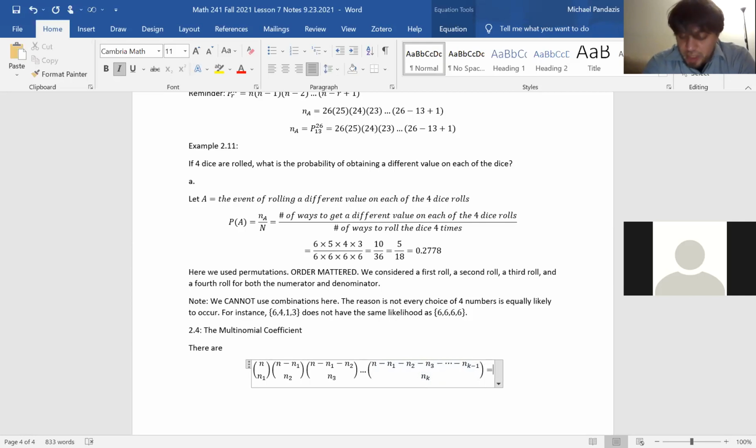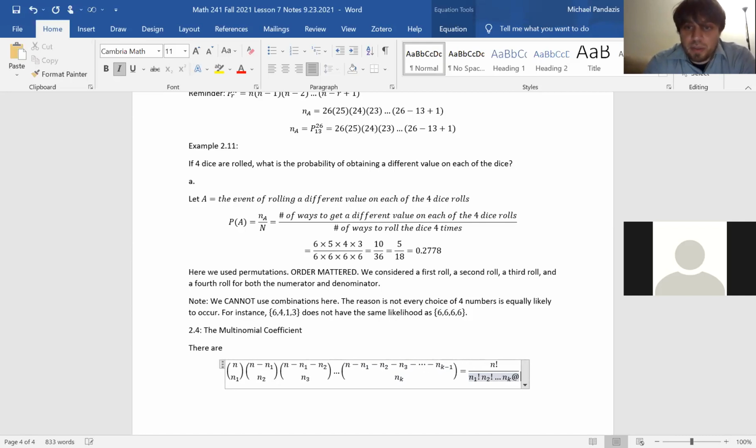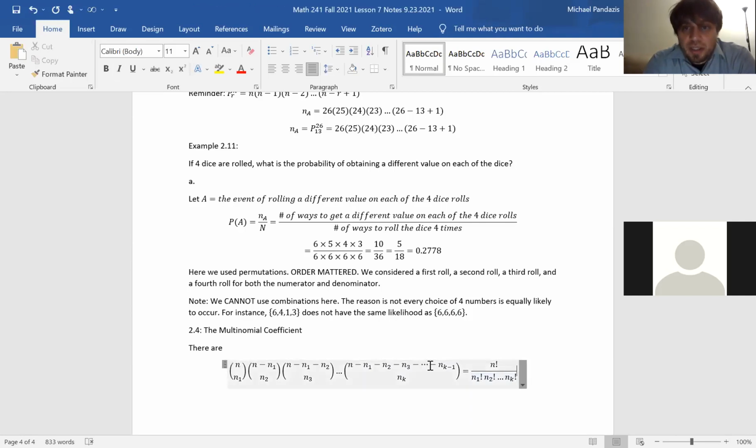And what this product equals is n factorial divided by n1 factorial times n2 factorial times ... times n sub k factorial. There are that many ways. This is a number I'm calculating. There are that many ways